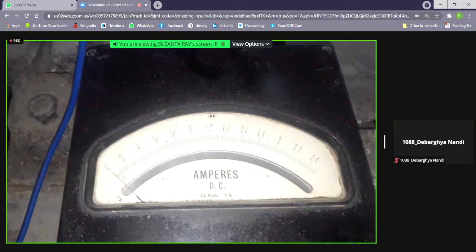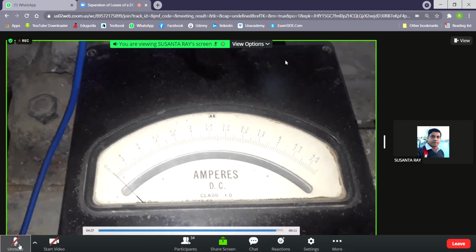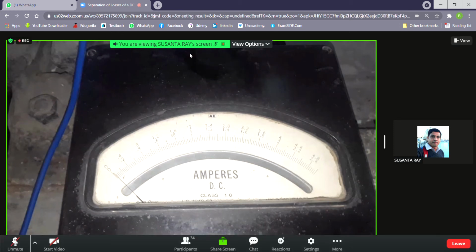And 0 to 5. So then tell me, why were we earlier told not to use this one? Is there any specific reason? Because both the ammeters have similar range ratings, isn't it? I'm asking these things because when you physically attend this experiment, you may face this type of problem. So I am asking so that you can involve yourself in this experiment. You are doing this virtually.